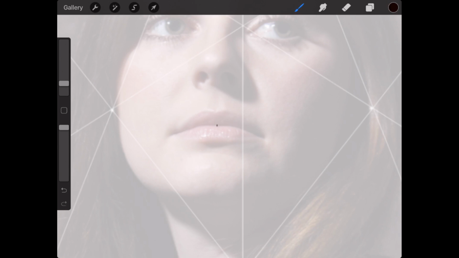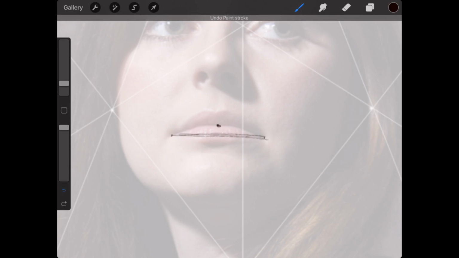I always look at these 3 points and how they relate to one another. Even if you connected these, you could see whether this line sits far above it, sits pretty close to it, sits below it, and that's going to give you the correct perspective on the lips.